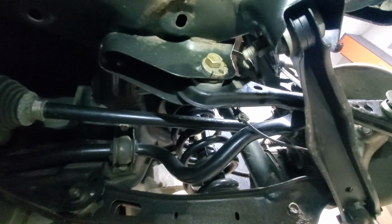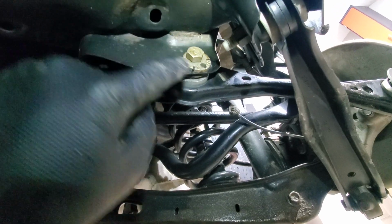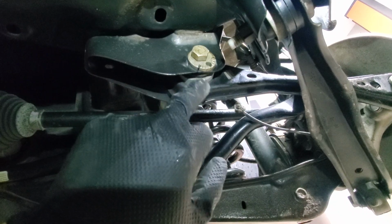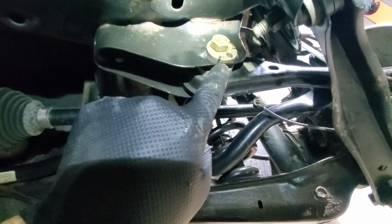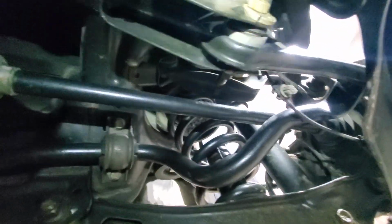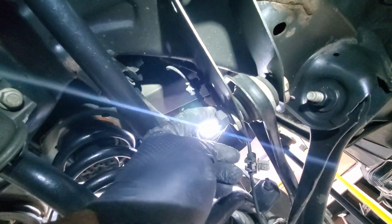So let's take a look from the other side. This is that toe link. This is the ball that holds it, and this is the alignment part. So I'll just mark with a marker where that washer used to be. Try to put it in the same spot. We'll go through wheel alignment regardless, but at this point we'll go ahead and remove this nut, remove this bolt,